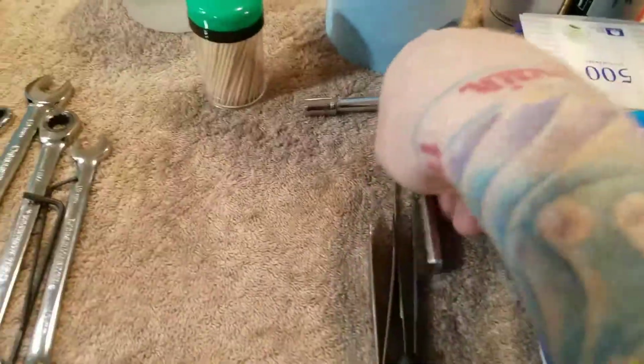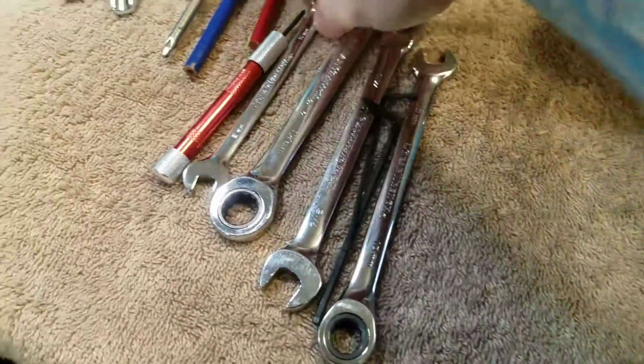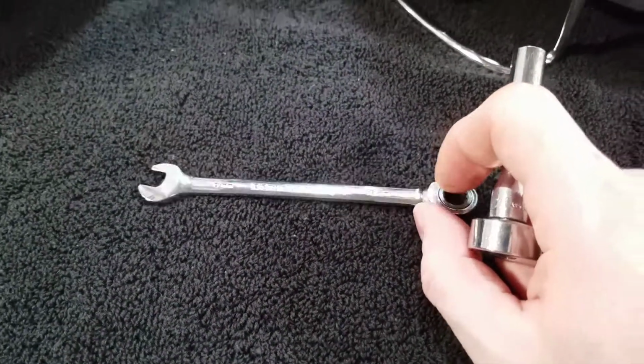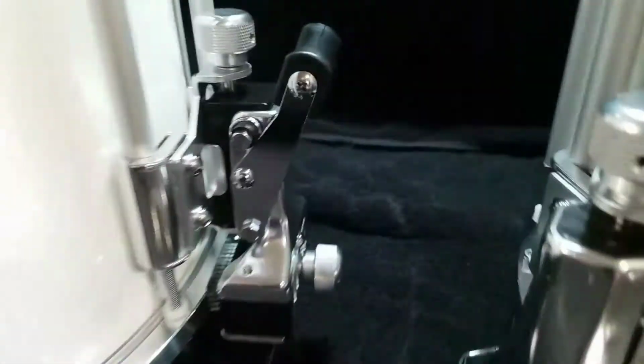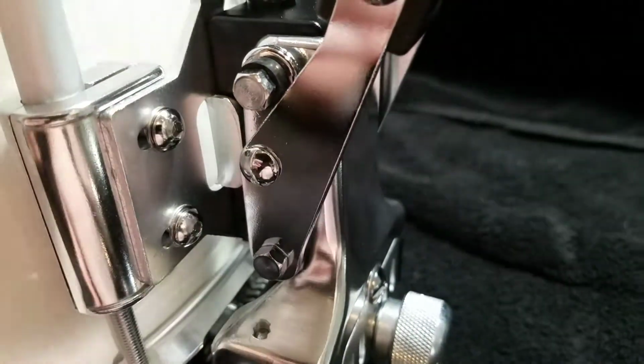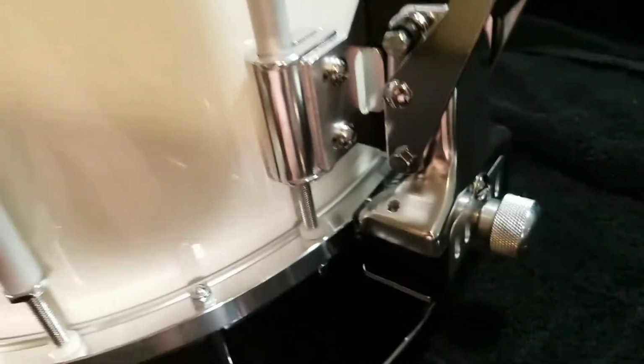I also used an 8mm socket along with, yeah, I forgot about that, along with my 8mm open end wrench for these 2 bolts right here, that one and that one. They have a stop nut on the opposite side, and actually I can rotate one of these here and show you